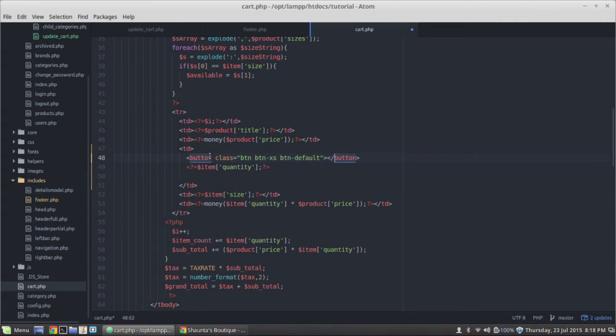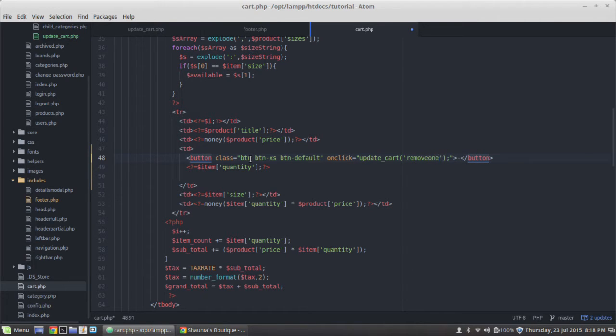Alright, and this button is going to just be, the first one is just going to be a minus. Okay, and we're going to give it an on-click event, so add an on-click attribute there. And what we're going to do is run the update cart. Okay, now keep in mind that this update cart gets three parameters. So for the first parameter, I'm going to pass it a string, and we're just going to say remove